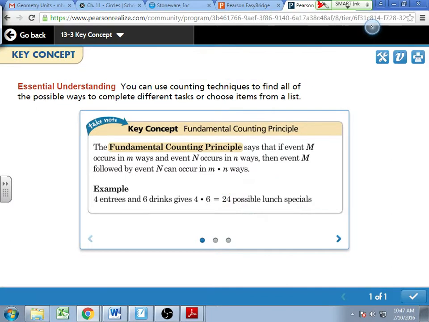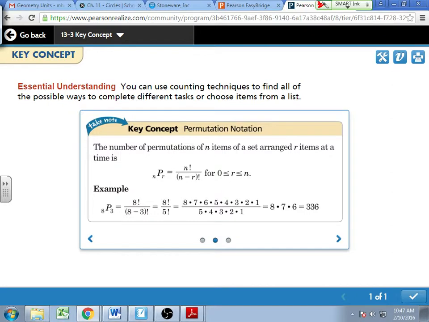Then we get into when we care about order or not. A permutation is a situation, not a premutation, because that sounds really weird. A permutation is a situation where the order matters. Like if I'm shelving books in a library, the order matters because they have to go by the Dewey Decimal System, or if they're,